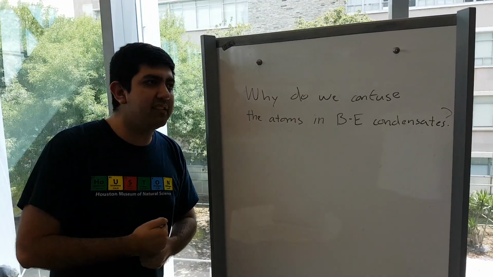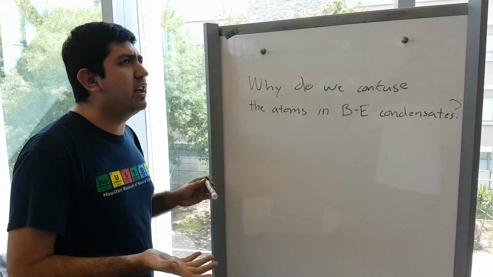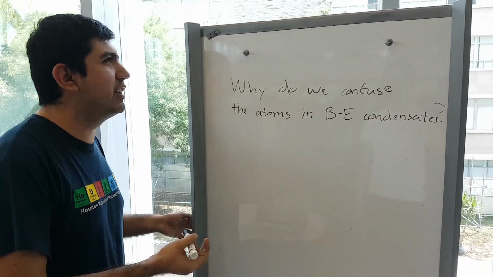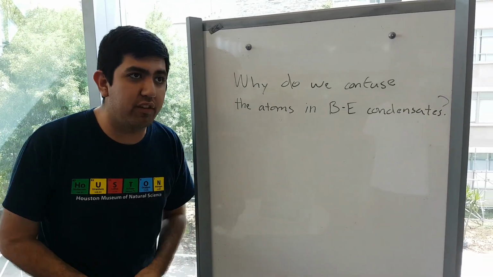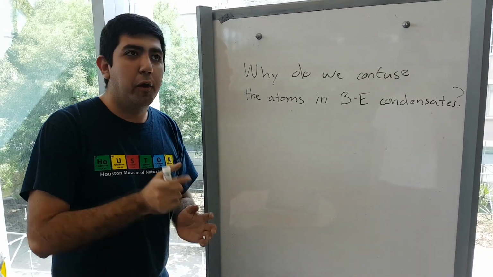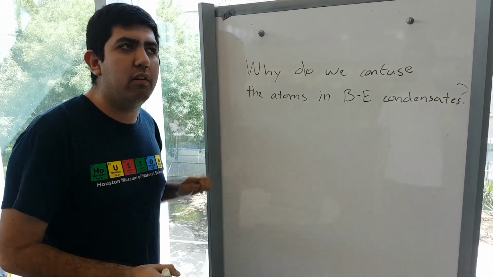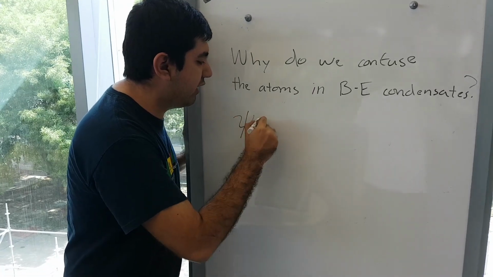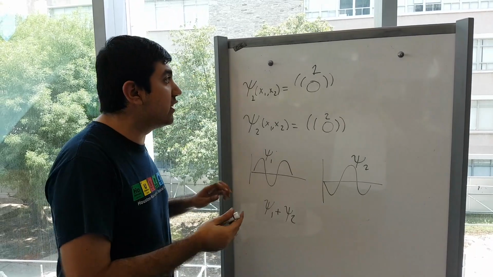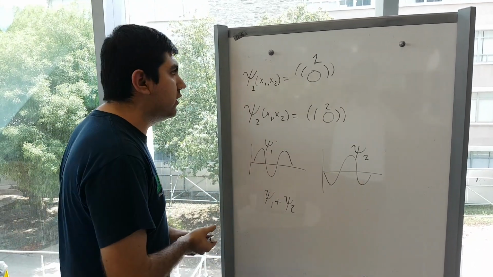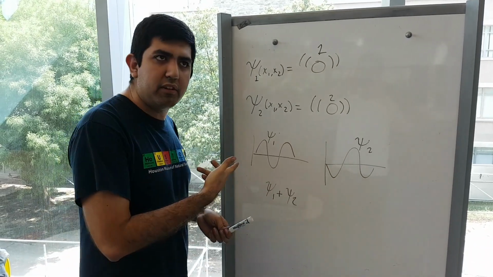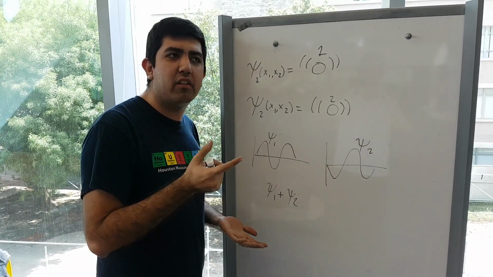So you might be asking yourself, why is it important that we can't confuse atoms with other atoms, based on that we're scientists and we should know exactly how one thing is different from the other? In this case, why do we confuse atoms and BE condensates? Well, that's a pretty good question. However, it all relies on the thing that we know as a wave function. Under the conditions of normal particles, we usually have what is described as a wave function, the emission of energy that the particle does by itself. This is what we commonly use in order to distinguish any particle from one another.